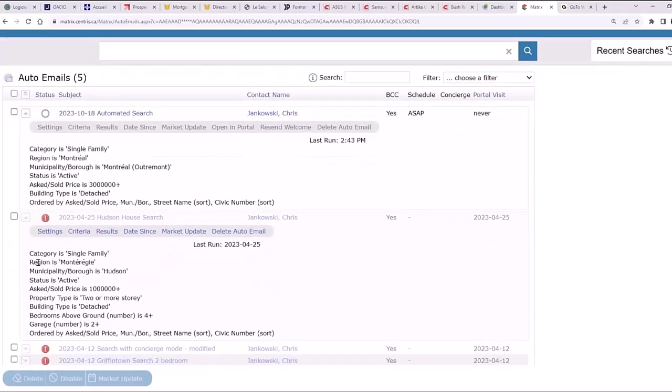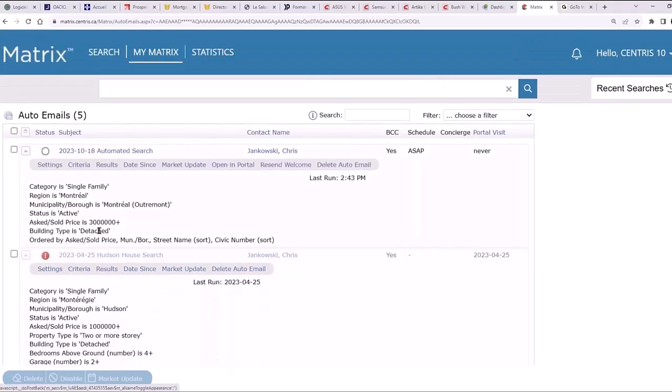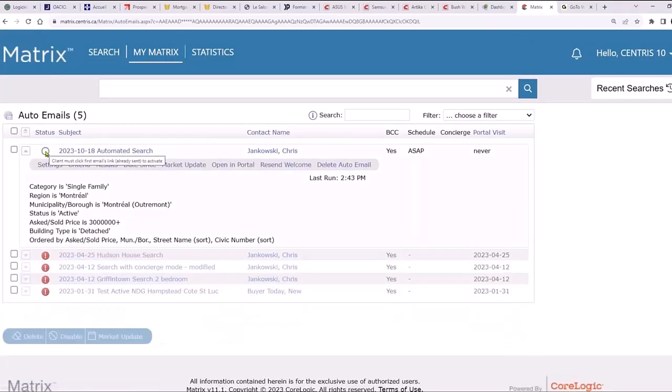They've been deactivated, right? Whereas this one is a white circle with a green ring around it, which really means it's waiting for activation, right? Because it says portal visit never. So you can definitely keep track of your clients' portal visits.